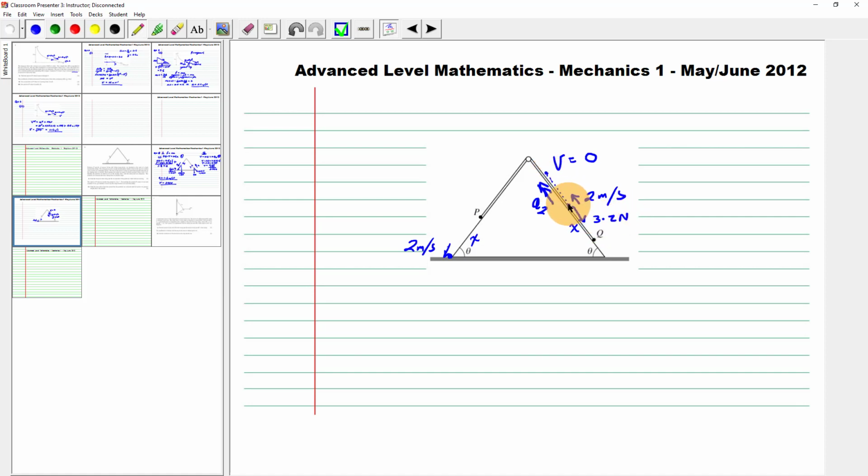There is no force that is pulling it up the incline. So if we were to resolve upwards like that, we're going to use F equals ma. The force which is acting on it up the incline is no longer there, so it is 0, minus the force which is opposing that, which is 3.2,